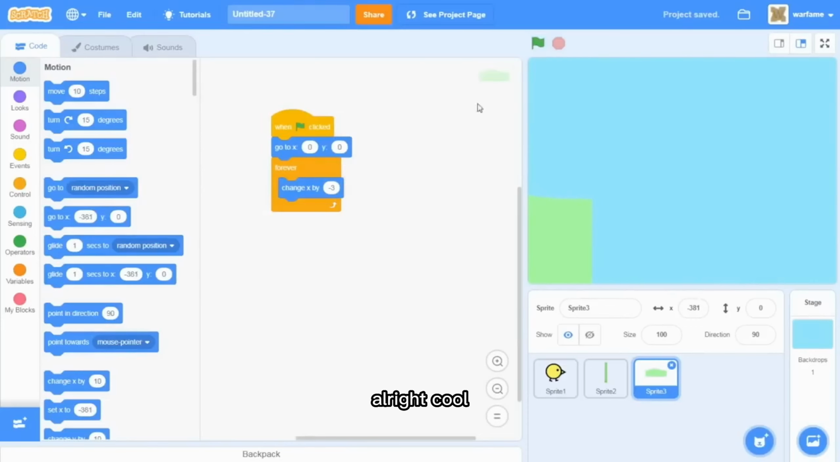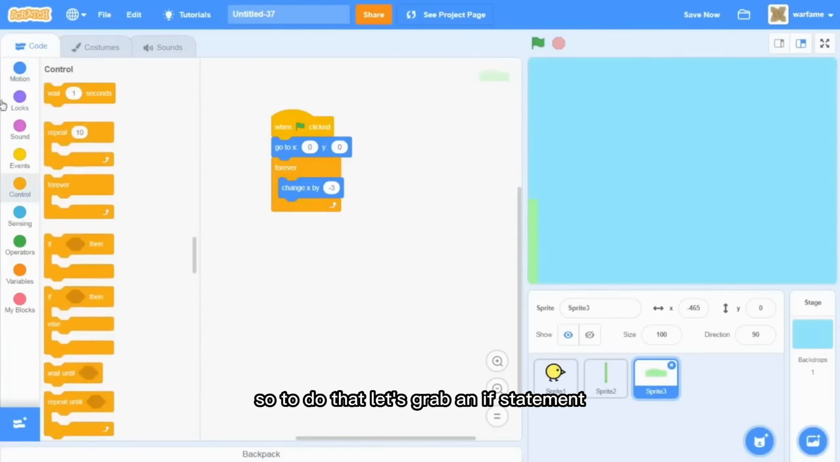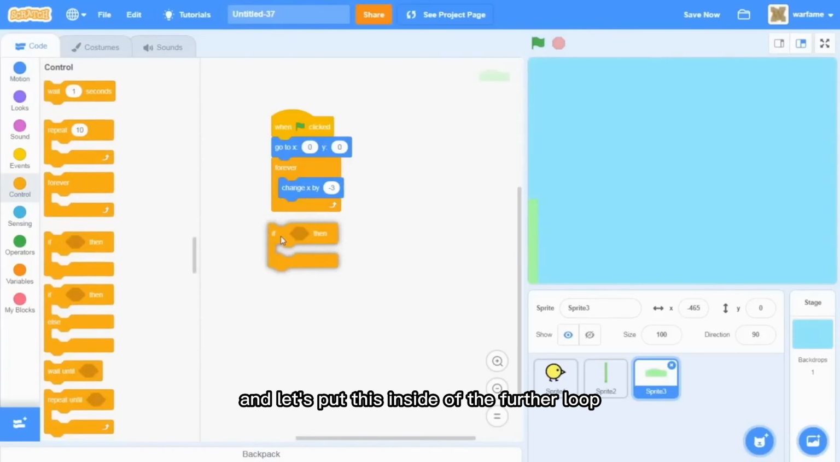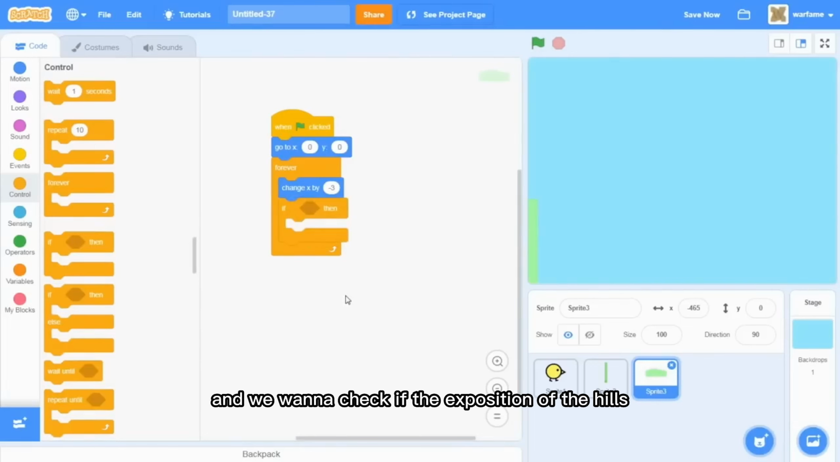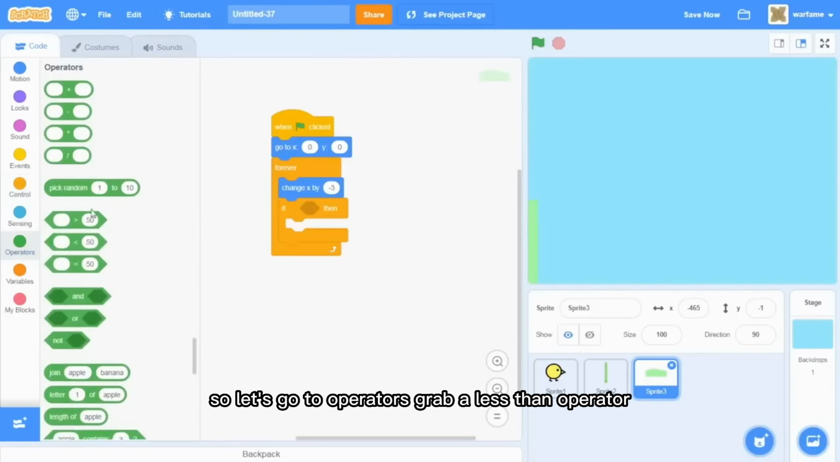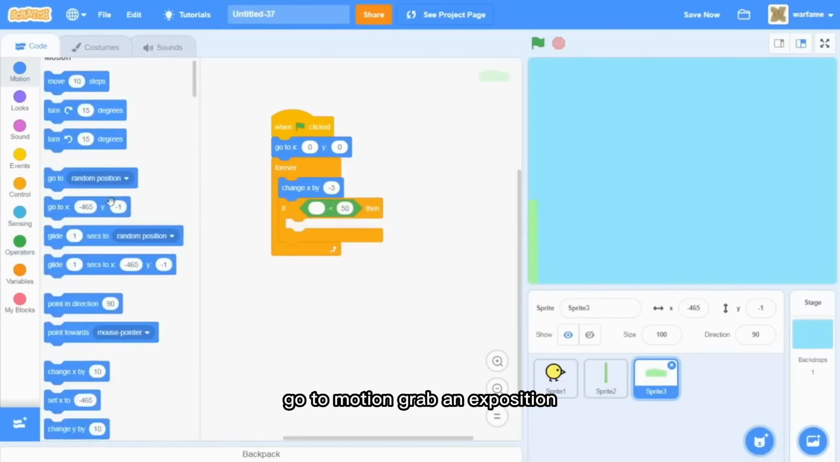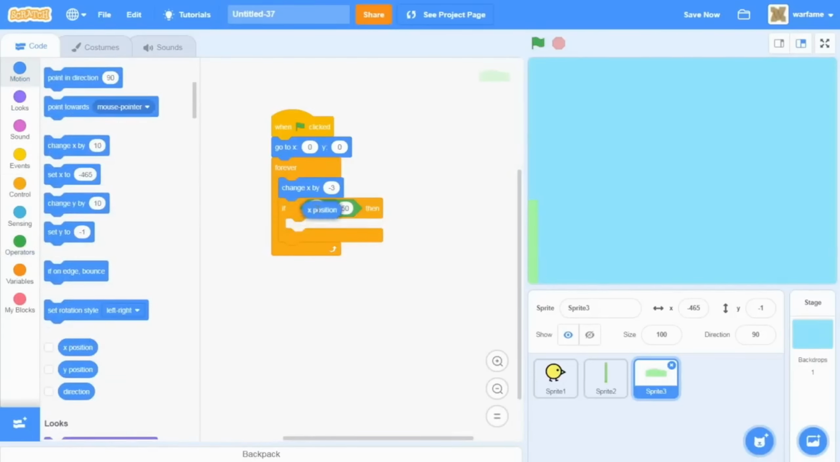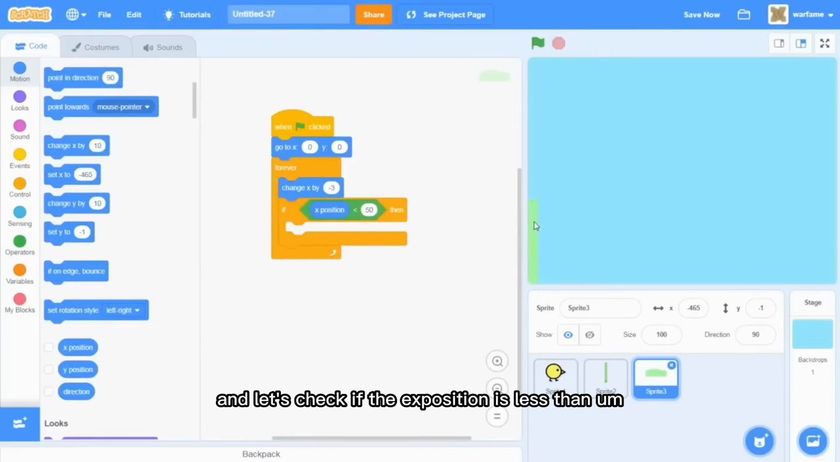So now that the hill moves, we want the hill to go from the left edge of the screen to the right edge of the screen once it reaches the end over here. So to do that, let's grab an if statement, and put this inside of the forever loop. And we want to check if the x position of the hills is less than a certain value. So let's go to operators, grab a less than operator, go to motion, grab an x position, and let's check if the x position is less than